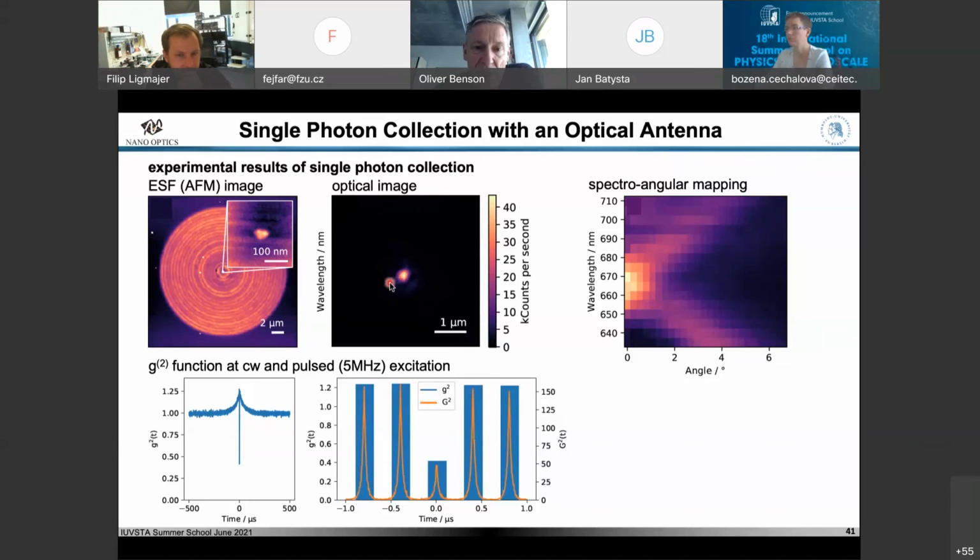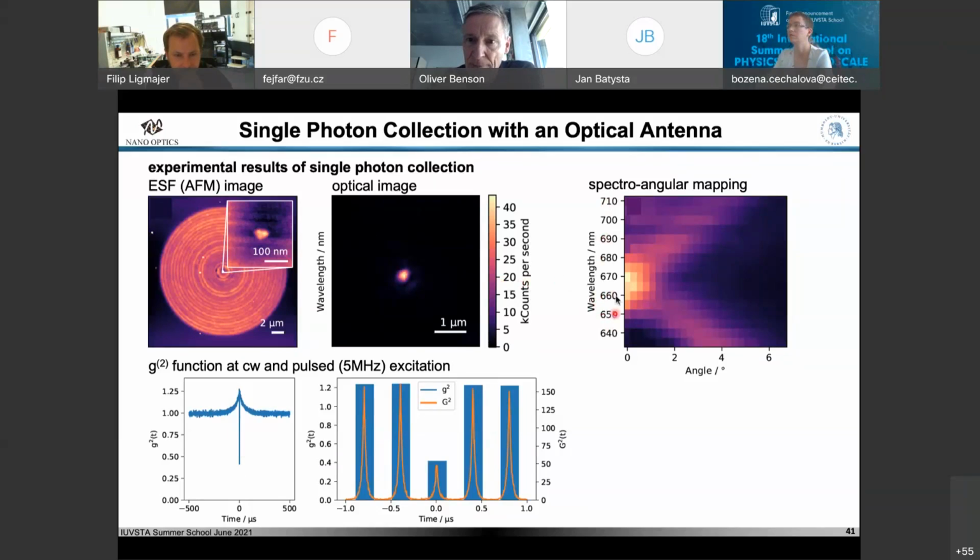This is your optical image, and there you see already that it's a nice point-like emission center. So light is coming out from this individual nanodiamond sitting on this several micrometer-sized antenna. But the important information is here. This is now an angular mapping. So we have